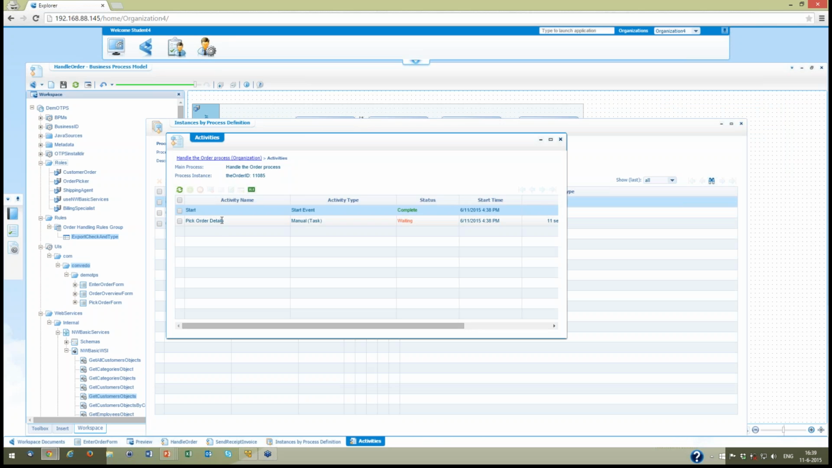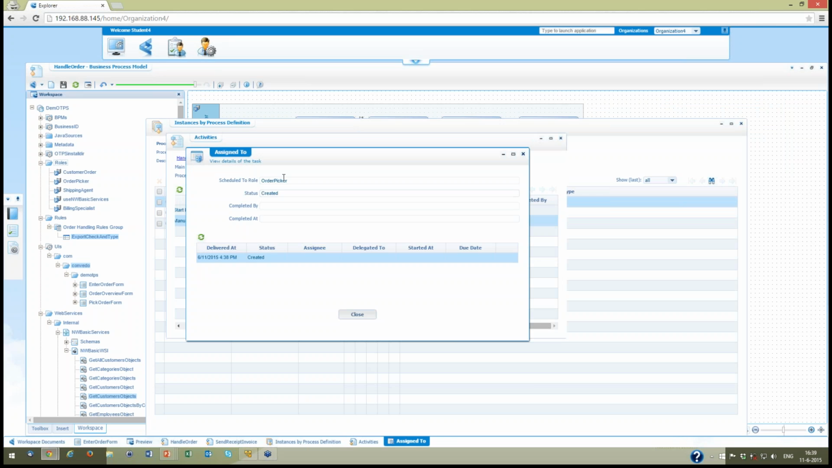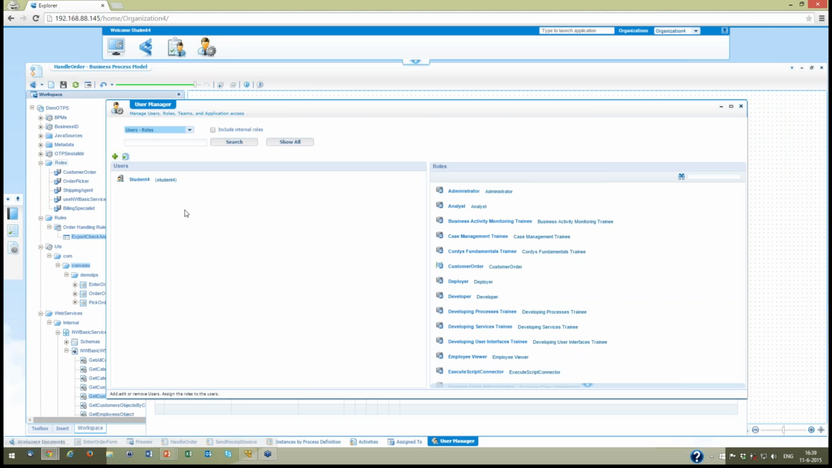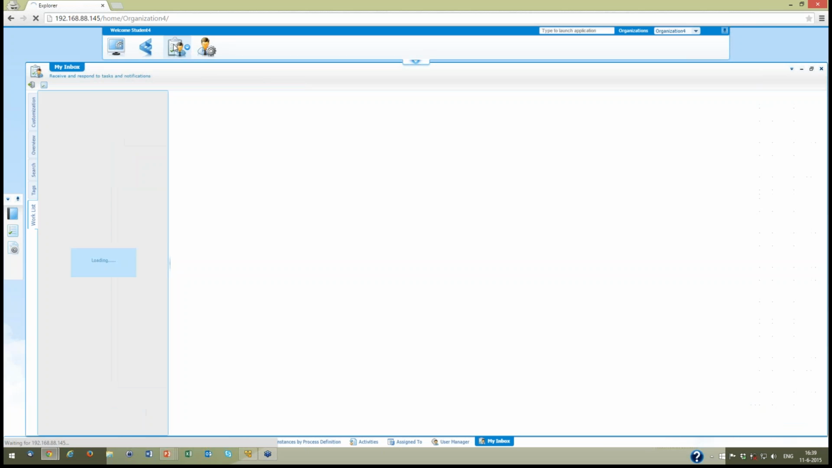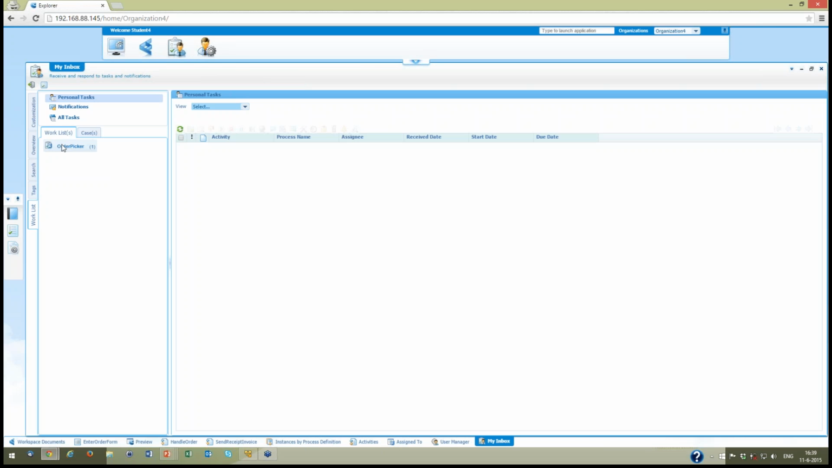It's still in the waiting phase, and in this case it's waiting on the pick order details, which is a task, and that task is being assigned to the role order picker. So anybody who has that role will receive this as a task. Now make sure that somebody will have that role, so I'm going to assign myself that order picker role, assign, and I'm using the so-called Process Suite inbox to show you, hey, there's my order, and here's that